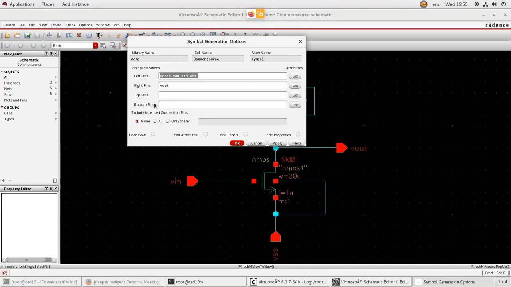Okay. Let your left pins be V bias and V in, VDD is the top pin, and VSS I will make the bottom pin. V bias and V in are the left pins, V out is the right pin, VDD is the top pin, and VSS is the bottom pin.